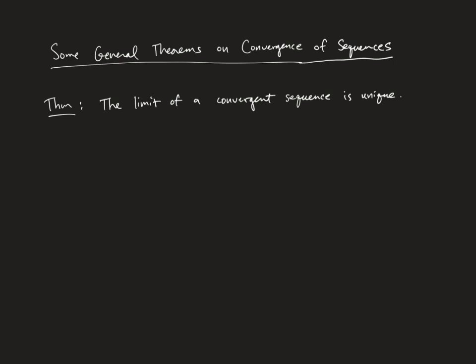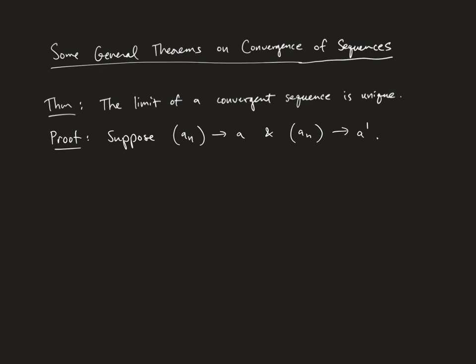We'll prove this rigorously using the definition that we talked about last time. So here's the proof. Let's suppose that we have a sequence and it's converging to some A, and that same sequence is also converging to A prime. Now, there are a couple of different ways to proceed. One way would be by contradiction, to assume that A and A prime are different and then derive a contradiction from that. That would be an interesting exercise for you to try, maybe based on the ideas in the proof that I'm going to give.